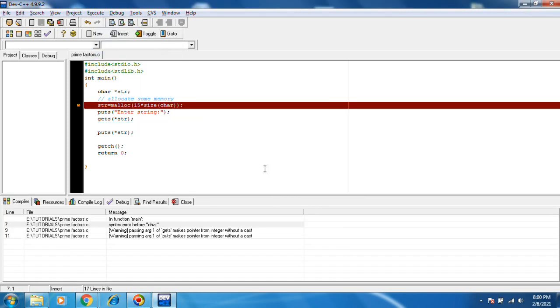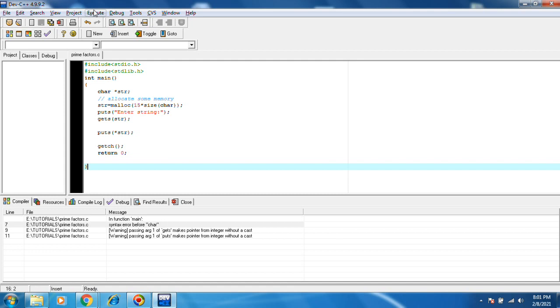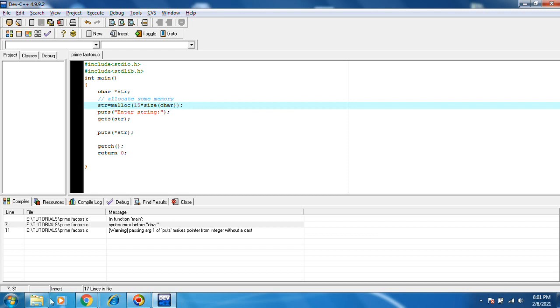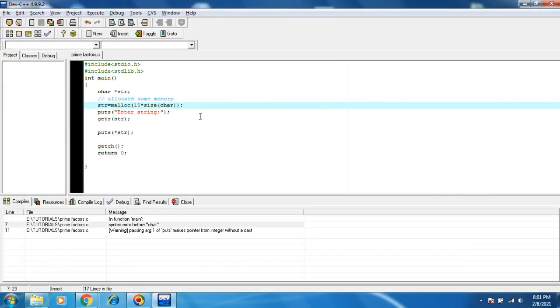Execute, compile, and run. Oh, sizeof. You need to write sizeof.